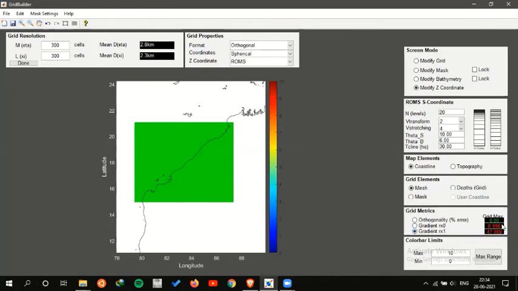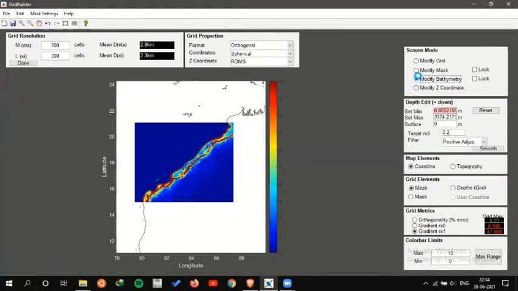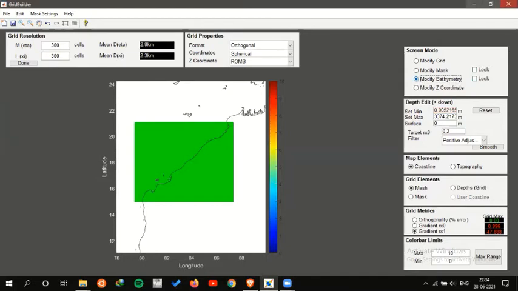Now you can see the orthogonality error is 0 since we are using a completely square mesh, but the gradient error is high, and the 3-dimensional Haney number and grid stiffness error are also high. For this, we can directly change the bathymetry of the region and apply some smoothing so as to get better parameters. Since the minimum depth is set, you don't need to change it, as it has already been taken from the bathymetry and the coastline file.